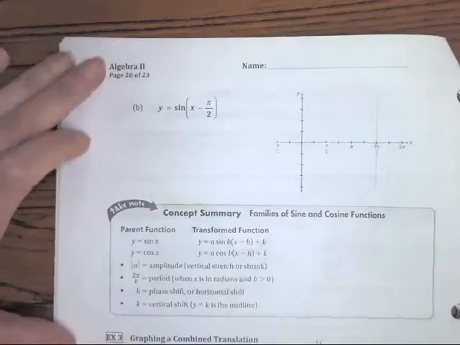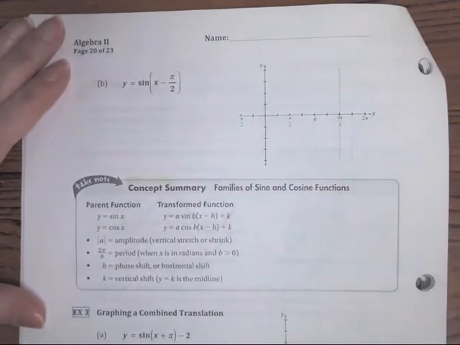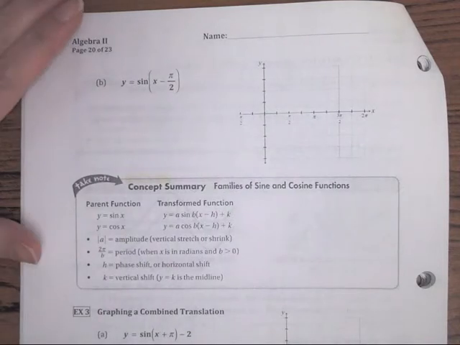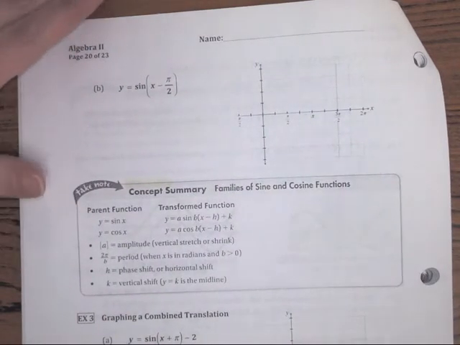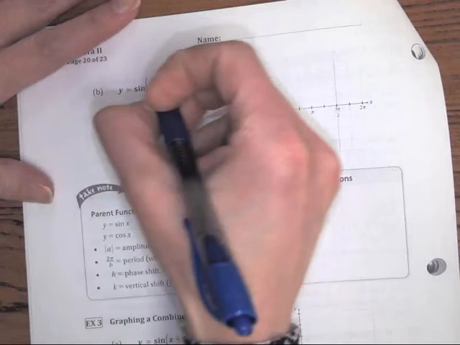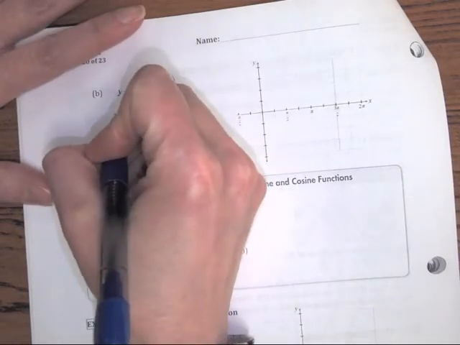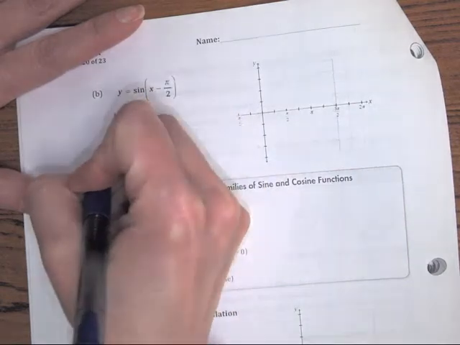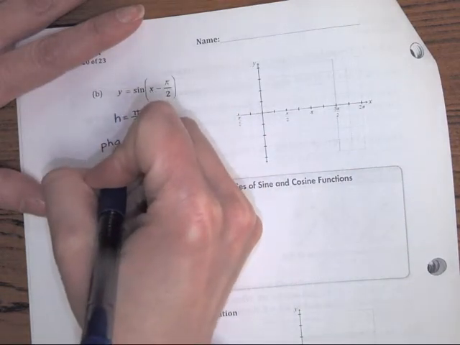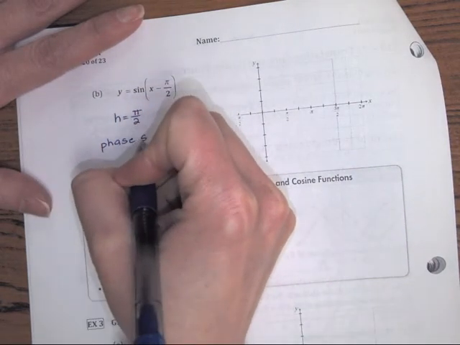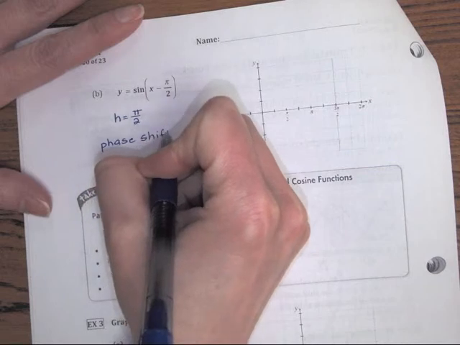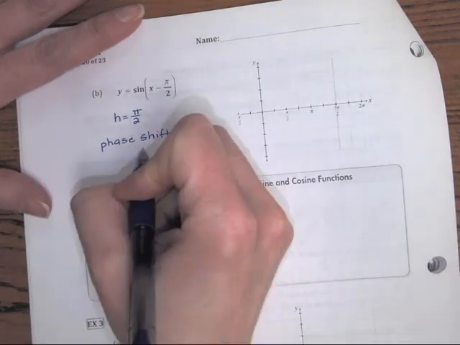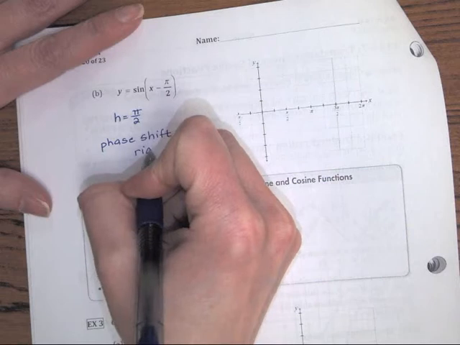All right, let's do another one. So, we've got y equals sine x minus pi over 2. Do we have an h or a k? H. We have an h, and what is the value of h? Pi over 2. Okay, so this is a phase shift. Are we going right or left? Right. And we're going right